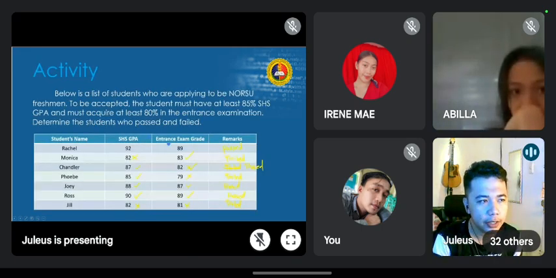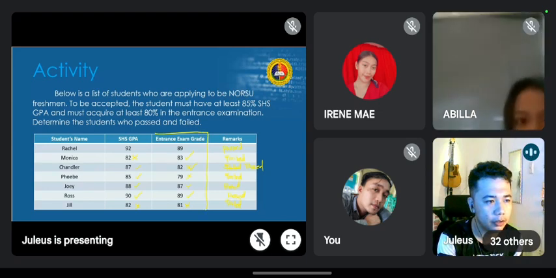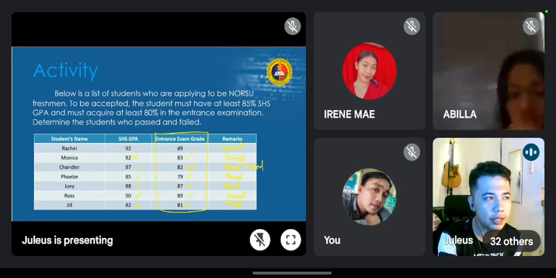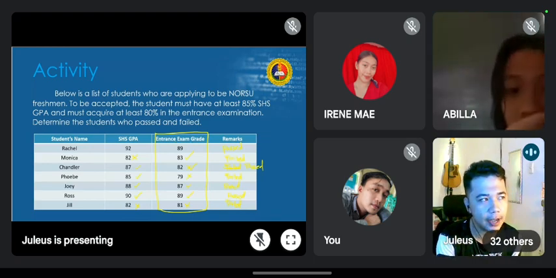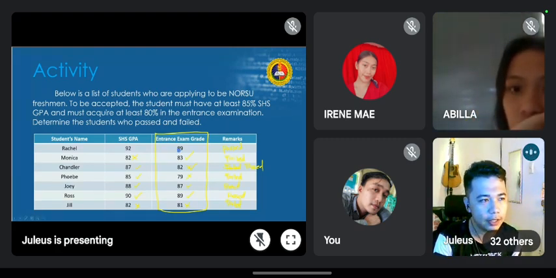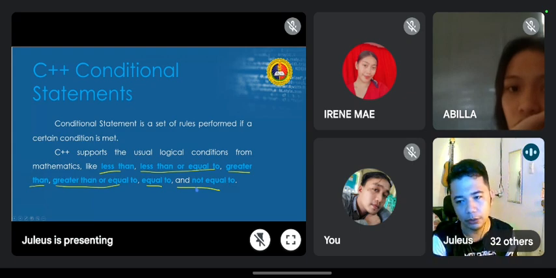So let's focus, for example, on the entrance exam alone. Let's say the student must have at least 80% on the entrance exam to pass. So how do we create the equation to determine whether the student passed or not? Again, these would be our options: less than or equal to, greater than or equal to, or not equal to.